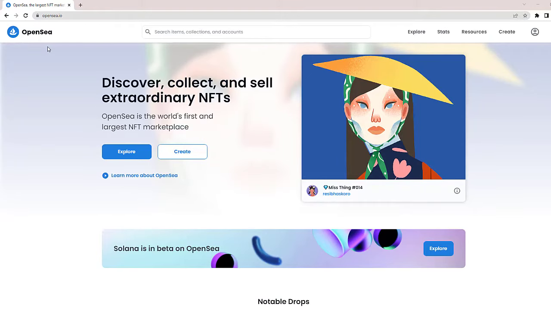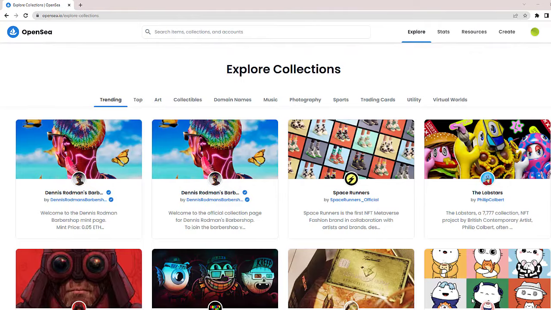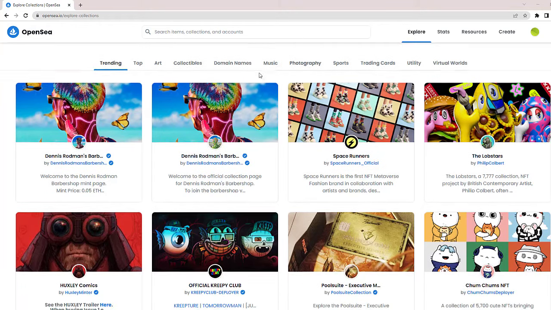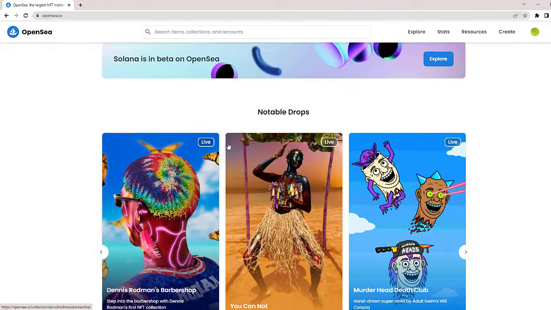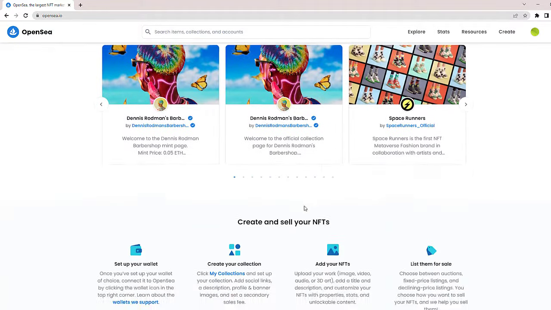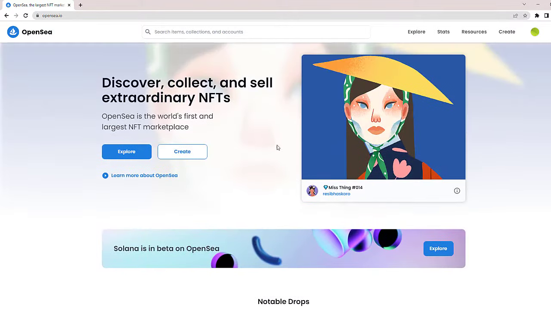For tutorial purposes I created an example account, and if you log in to OpenSea, that's pretty easy. To create an account you just have to connect your wallet, and I connected a MetaMask. And if you don't have a wallet, you can create one in just 5 minutes. So now you have these basic things, and you should see exactly what this looks like. Then we are just going to click on create, and